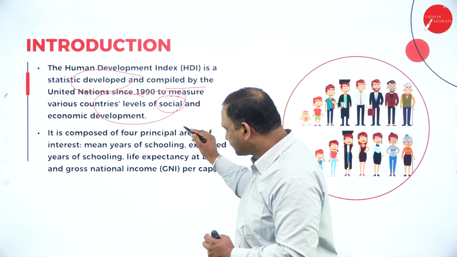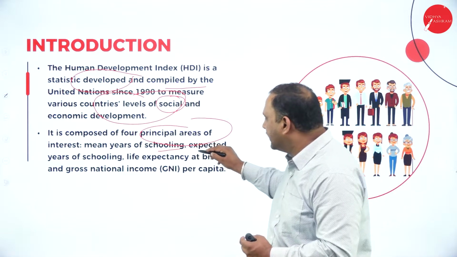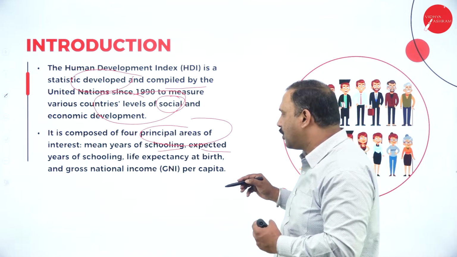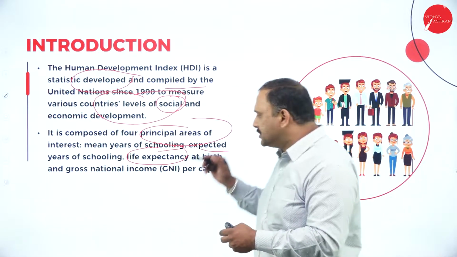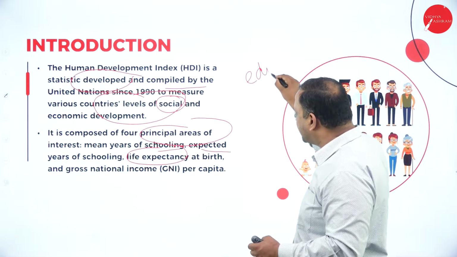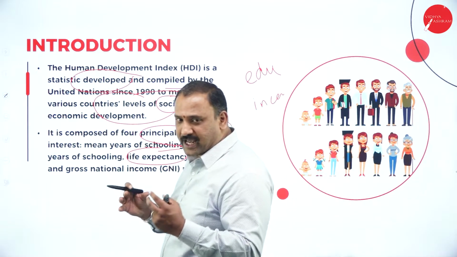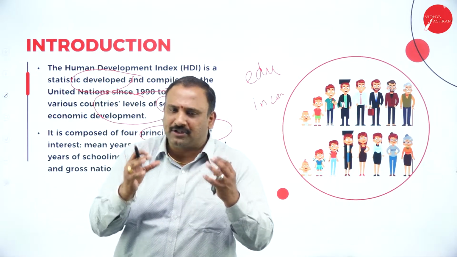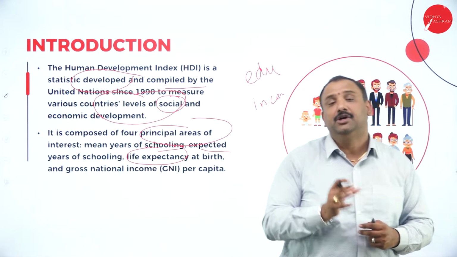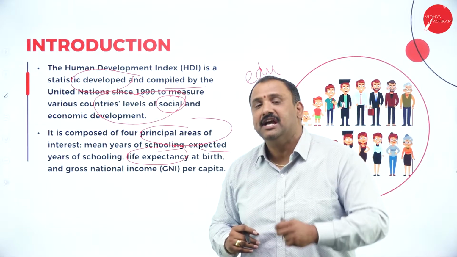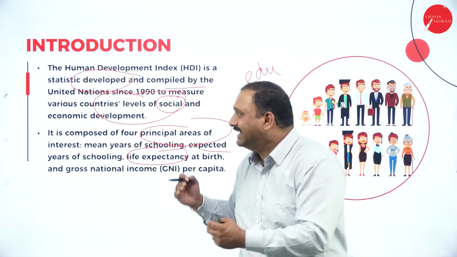Now let's see here. It's composed of four principal areas, mainly the expected years of schooling that we are going to talk about, life expectancy at birth and the gross national income. So what we're going to look into in short is education. We're going to look into the income. We're going to look into the birth rate, that's the lifespan altogether, and then of course a little bit on the GNI factors. Now, this is a different composition altogether, which has been brought up by the United Nations in order for the people to understand the importance of the Human Development Index overall.